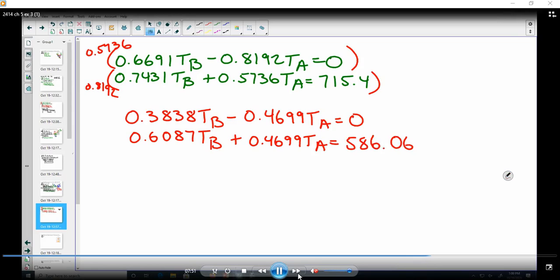Now using elimination, we can eliminate TA, solve for TB,